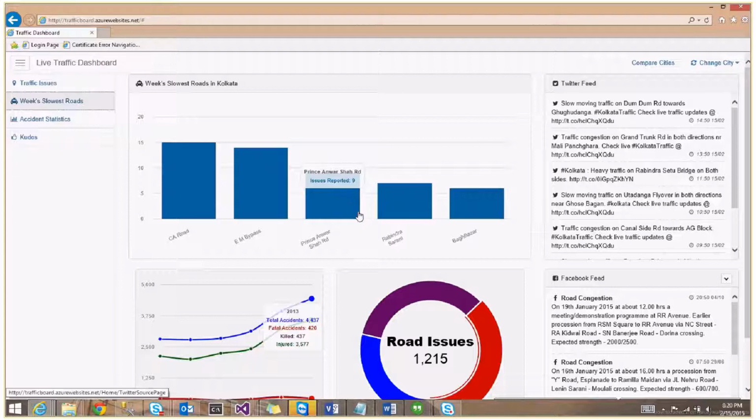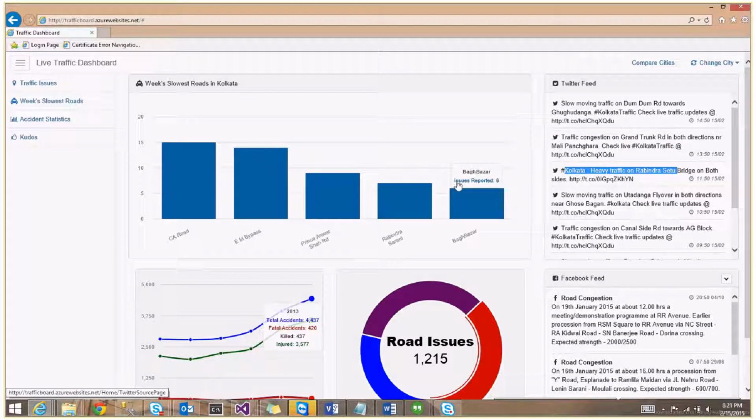One more thing I forgot to mention, that this data is being derived from the live Twitter feed for the week, which we can see in the right, like slow moving traffic, traffic congestion, heavy traffic, like this.